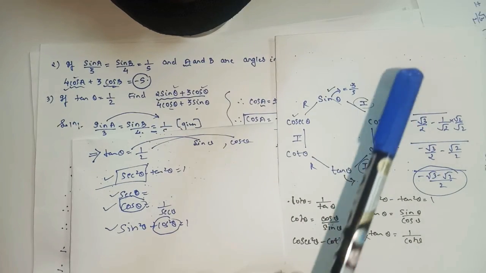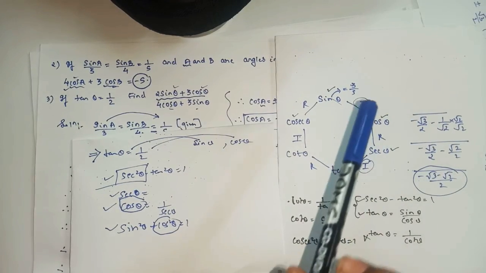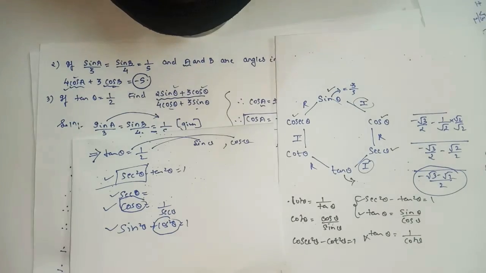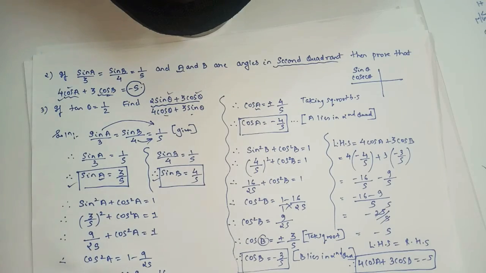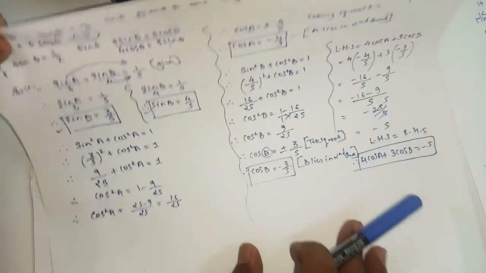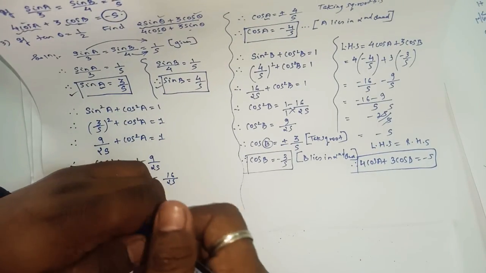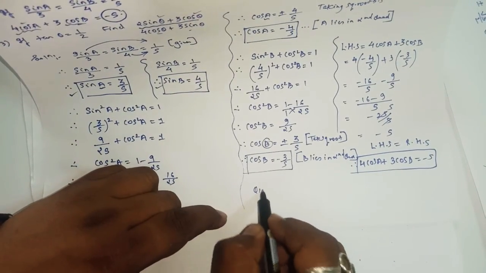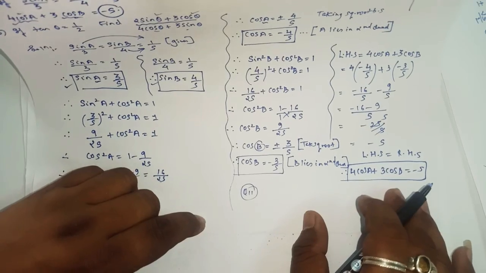I guess you can try this sum by yourself. Okay, so try the question number third by yourself. I hope you all understood the first and second sum, and this was the third sum from your exercise. And there is one more sum in the exercise. Okay, that is question number 11, I guess, from the exercise, question number 11. This one also you will try by yourself.